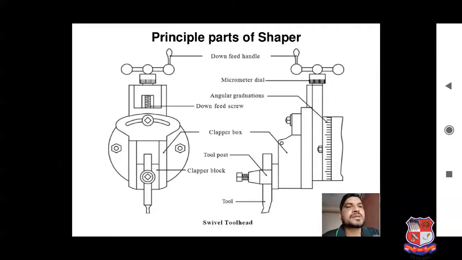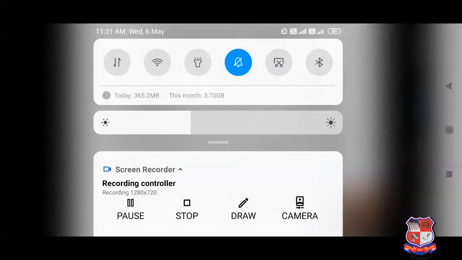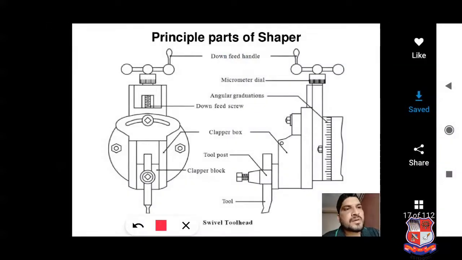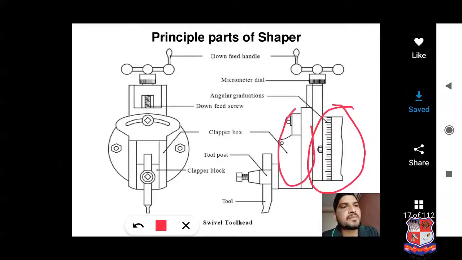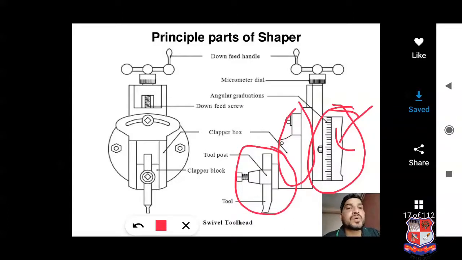You can see here, as we have discussed, this is the clapper box. These are the graduations. On the face of the clapper box there is a provision of tool.